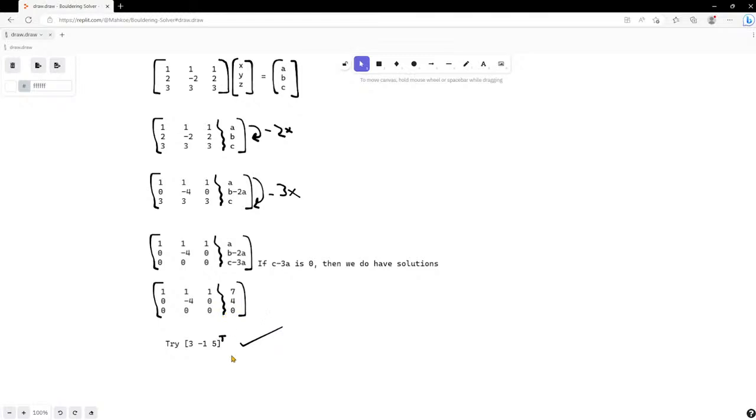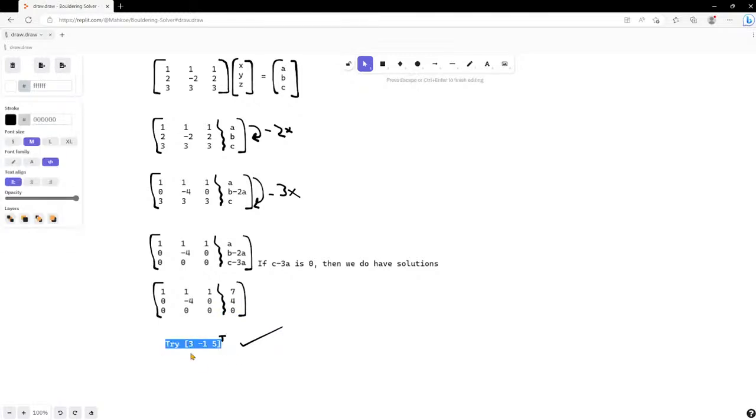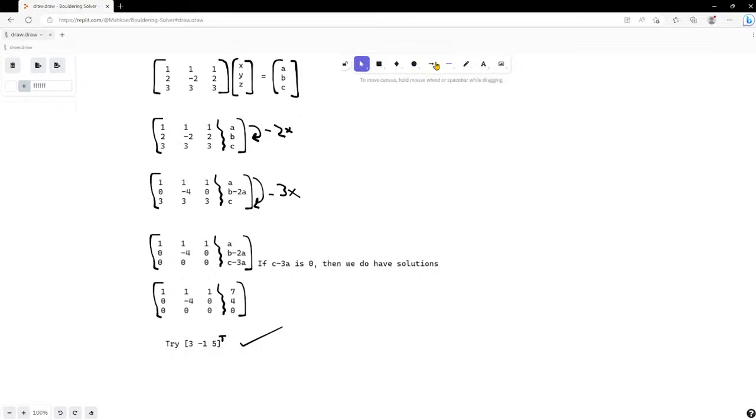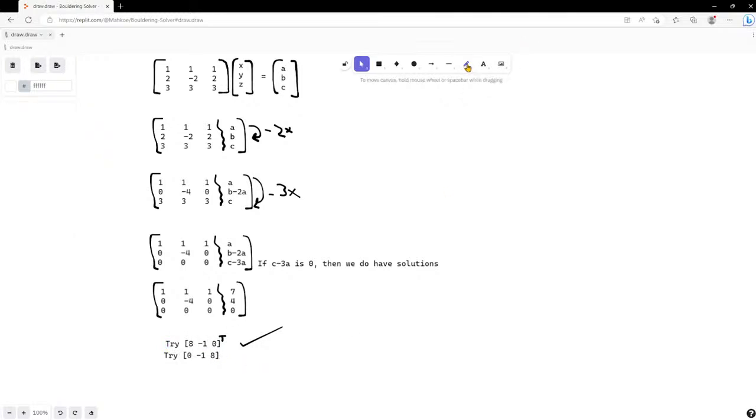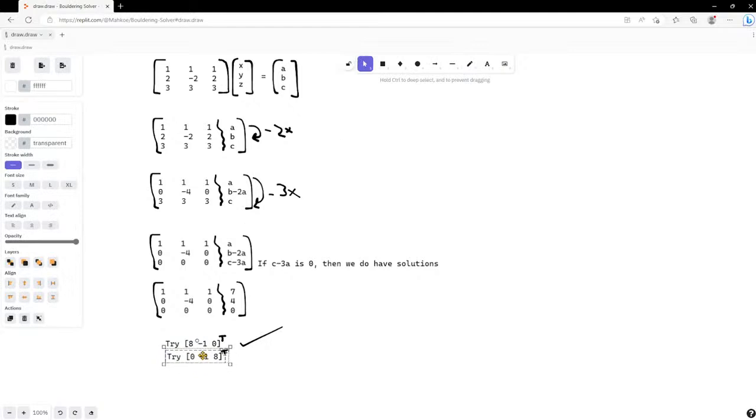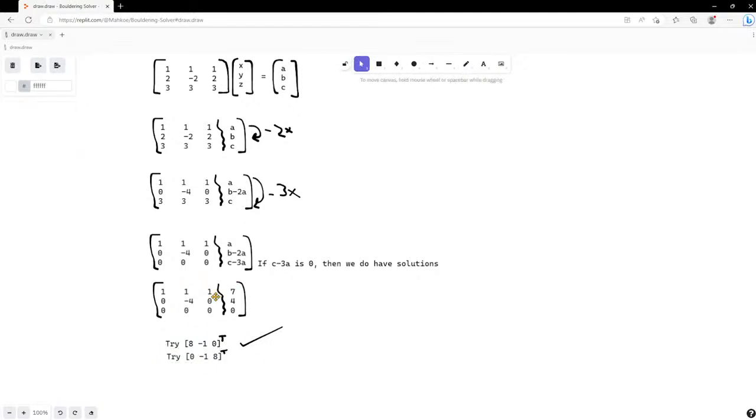But there's another solution, which again, I'm not doing in any methodical way. I'm just realizing I picked 3 and 5 here arbitrarily, but I could have done 0, -1, and 8, and that would have also worked. And so it seems more useful to do it like that. So both of these are solutions, and they're not collinear. So any solution to this system